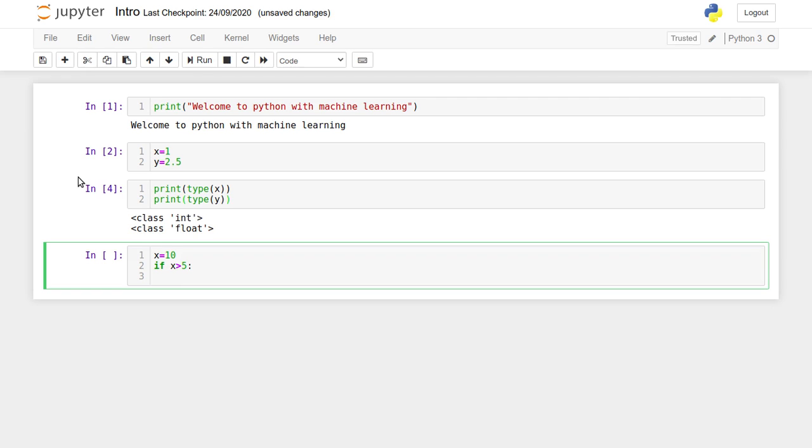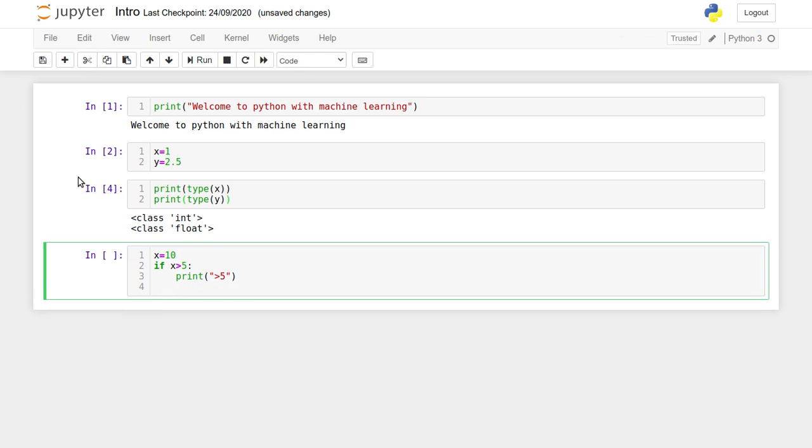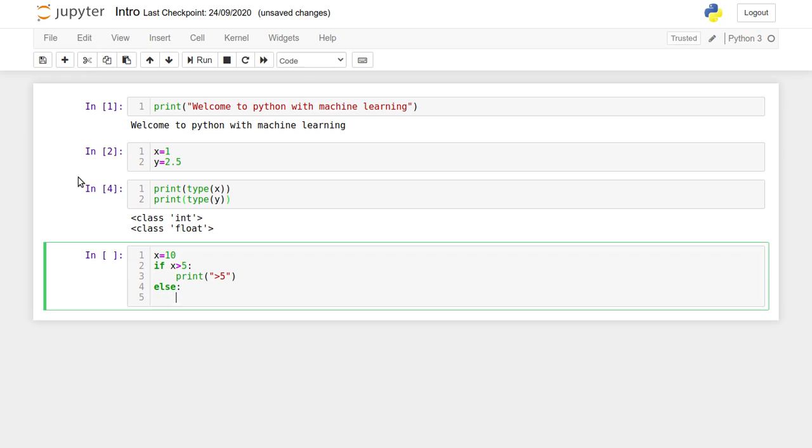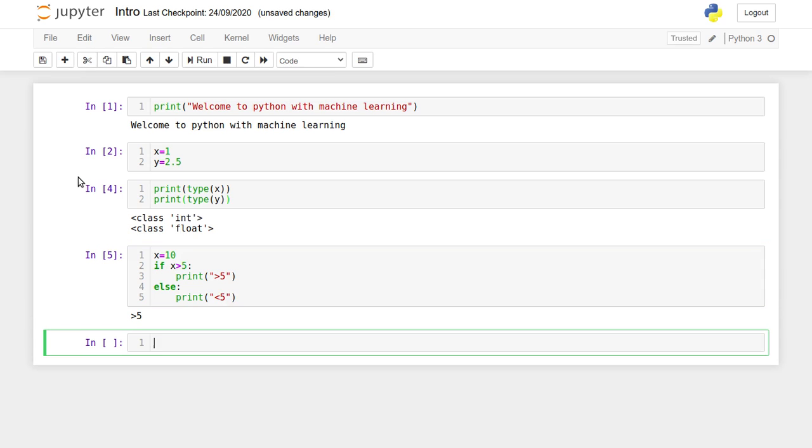If x is greater than 5, then print it is greater than 5. Or we use the else block to print less than 5. When I execute this, I get the answer as greater than 5.